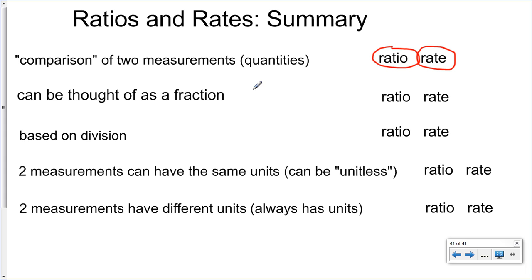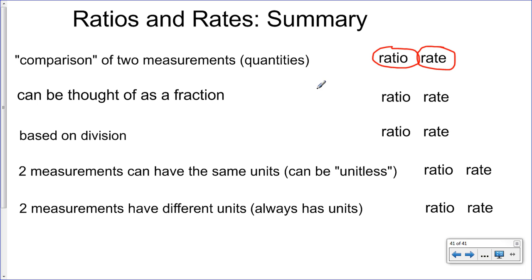A ratio can be written as a fraction, and rates are not generally written as a fraction, but they can be thought of as a fraction because the denominator